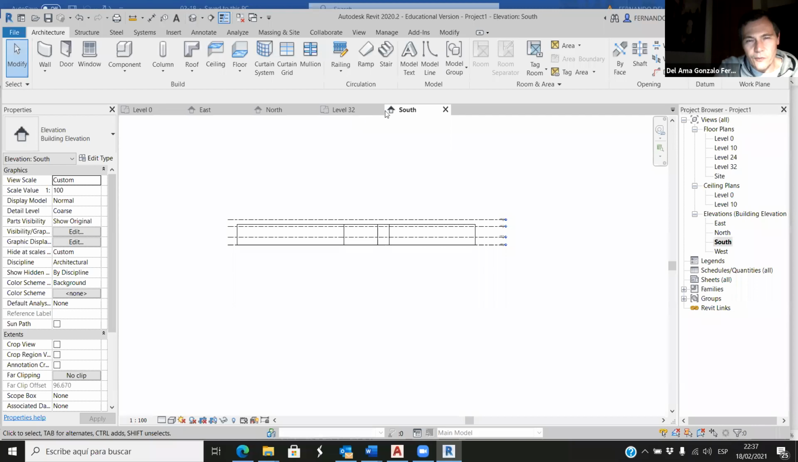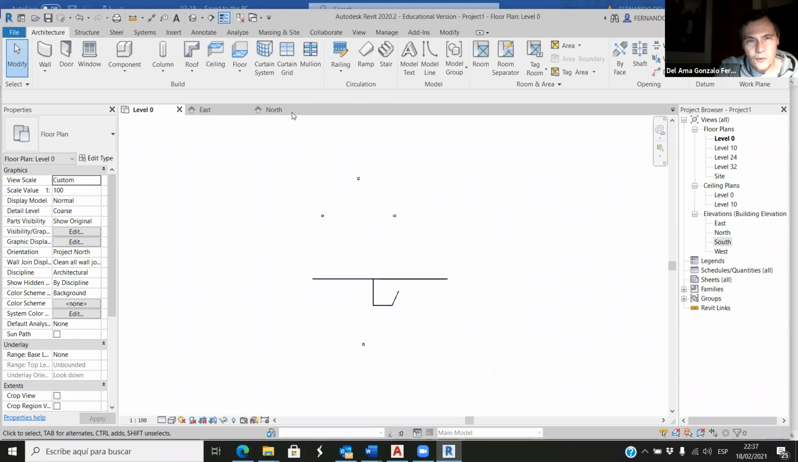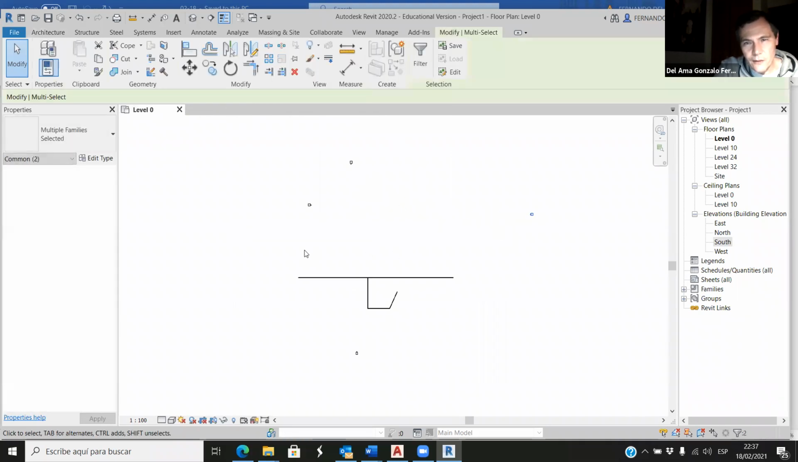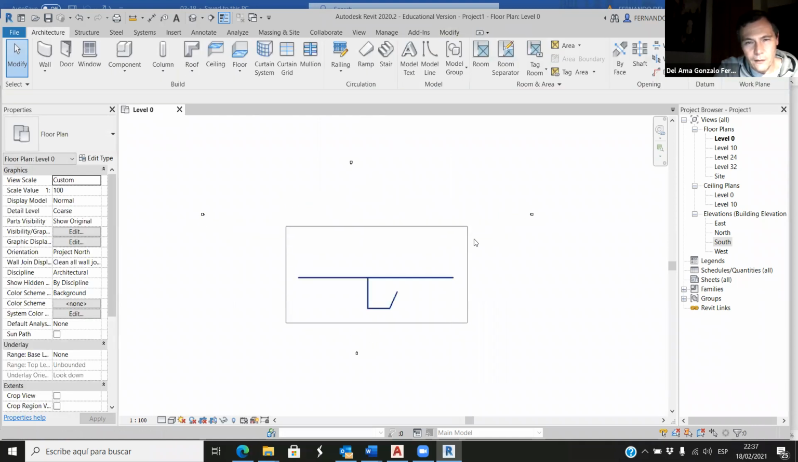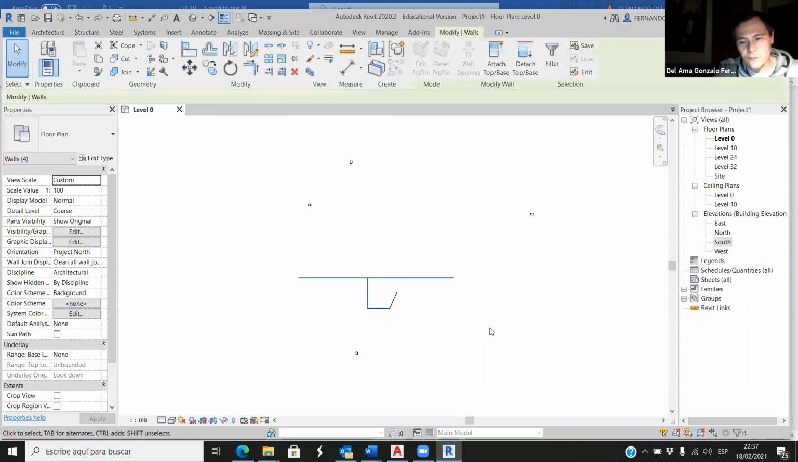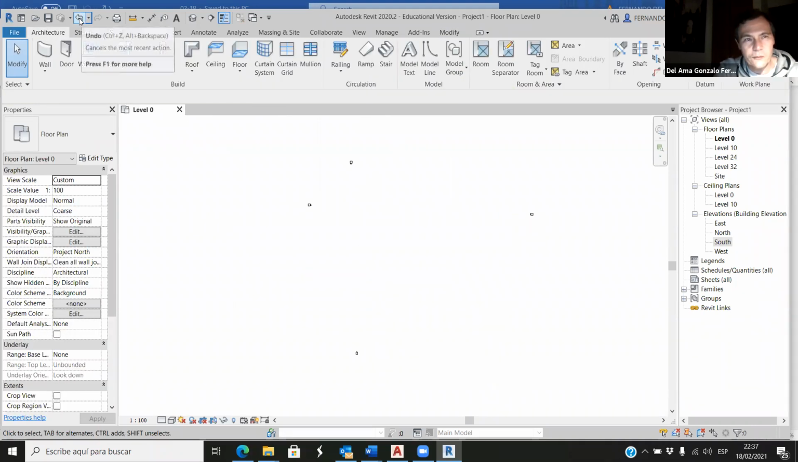Okay, so if we close this tab, don't worry, because we can open this again. So this is level 0. So let's make this bigger. And you can delete everything if you press Control Z and undo, or here. If you delete something that you don't want to, click here, and then you undo again. Now,